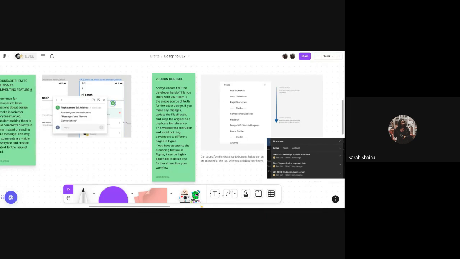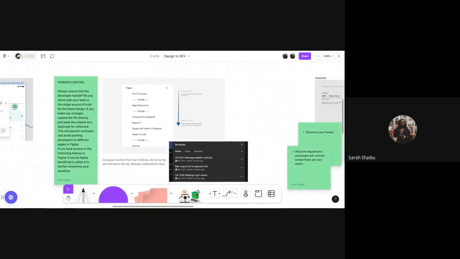So I think this branching comes when you're working in a company that has a team plan. You can actually create branches of your design and create different versions, from version 0 to version 1.2, or as many versions as you have. And that also helps you keep your design as a source of truth. But if you don't, and you're using regular Figma, then the file that you have ready for dev should always be your source of truth.